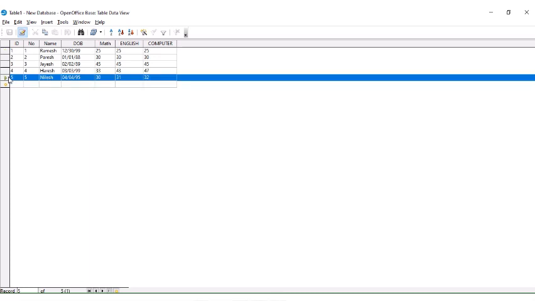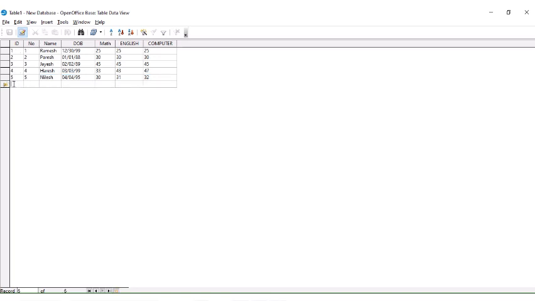So simply, how can I enter new data? Edit data over here, you can do that. Either you just click on a new field and look at that, you can enter new data. In this way you can create your own new data.